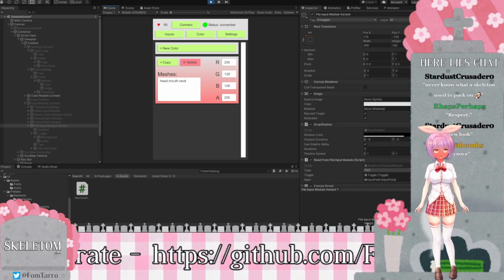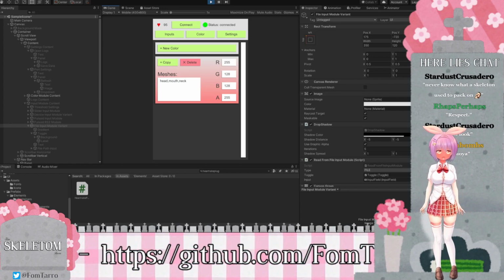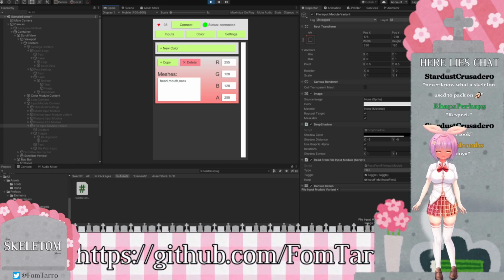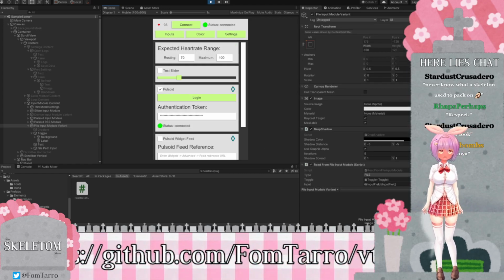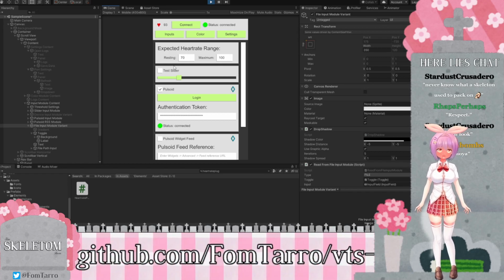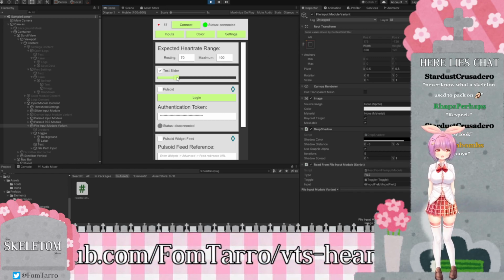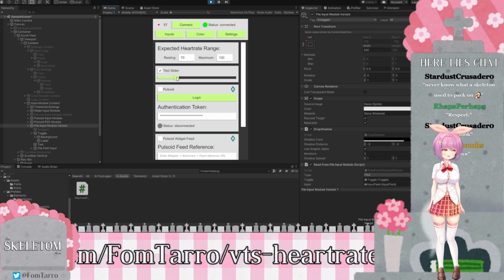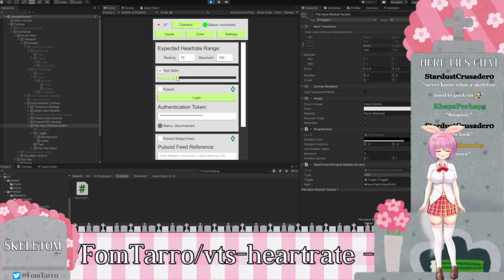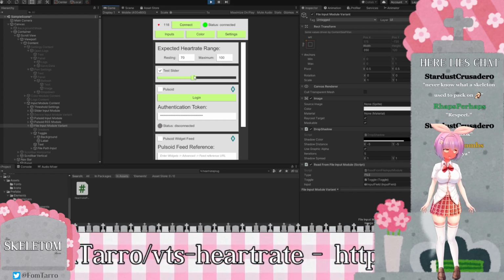I can connect that to... what am I saying? I lost my train of thought already while closing the model. Yeah, so I can connect that to the breathing parameter for this model. And so as I decrease my heart rate, I'll use the slider for this, you can see she breathes a normal amount, maybe a little bit fast, a little bit heavy. And then as I crank this all the way up,